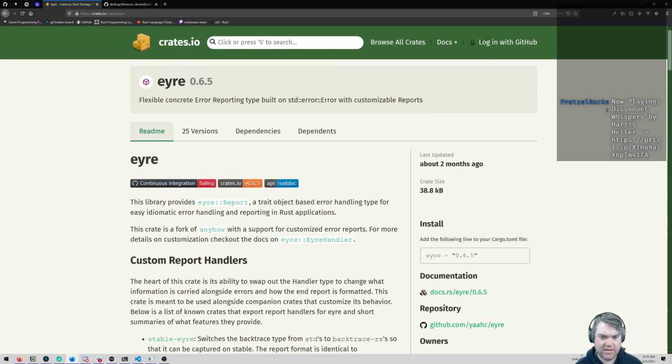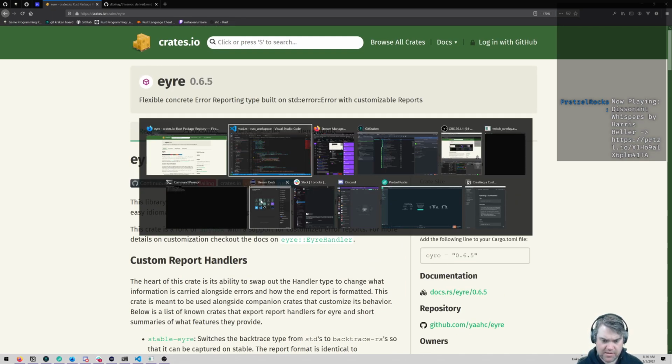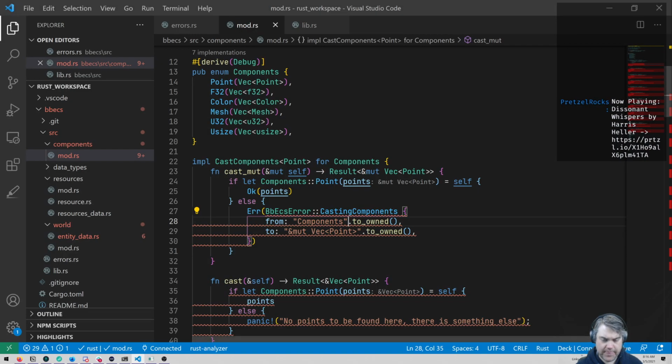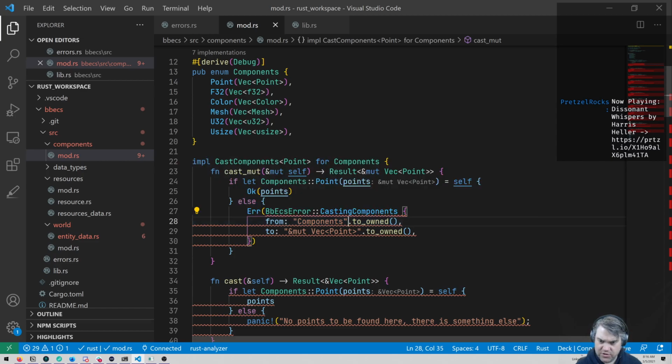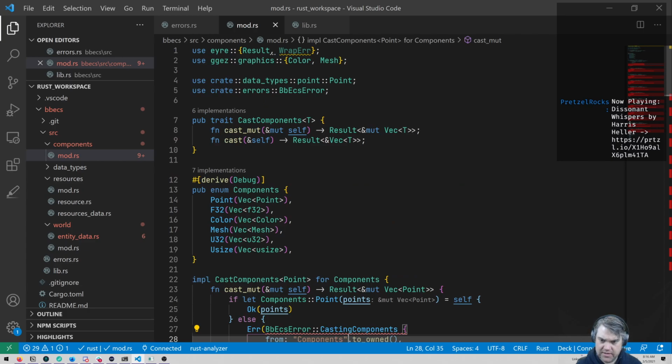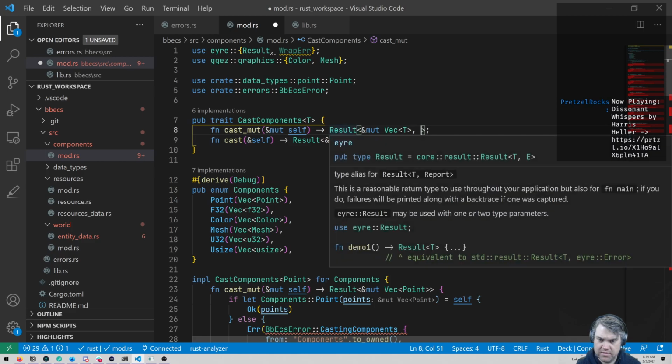What am I missing? There. Mismatch types, expected struct error report, found enum errors. Do I have to tell you that you're actually like the type of error? So error report.